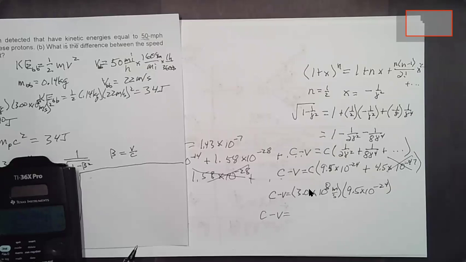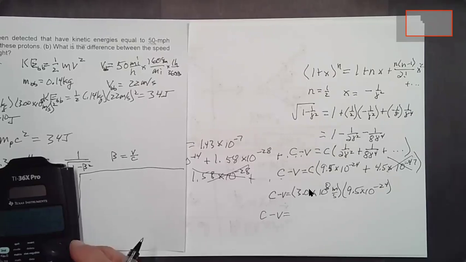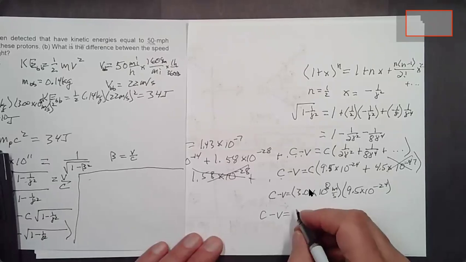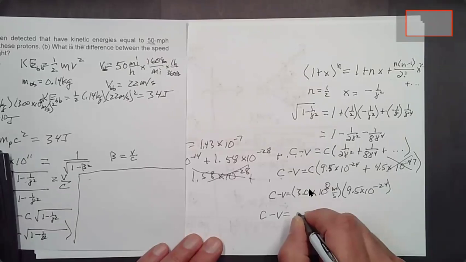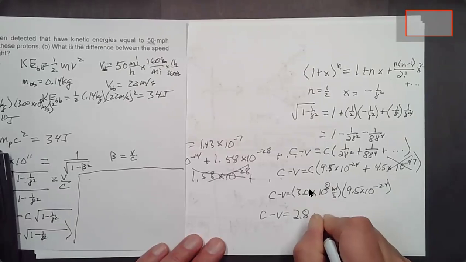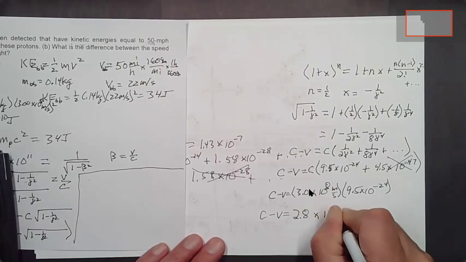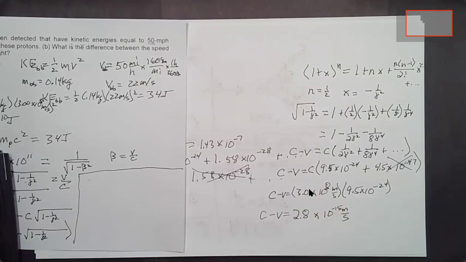Let's see. I'll go up and use that number so I don't have to punch it in again. Okay, and I get not much. Actually, I could round it to one significant figure, just call it 3, but it's 2.8 times 10 to the minus 15th meters per second,